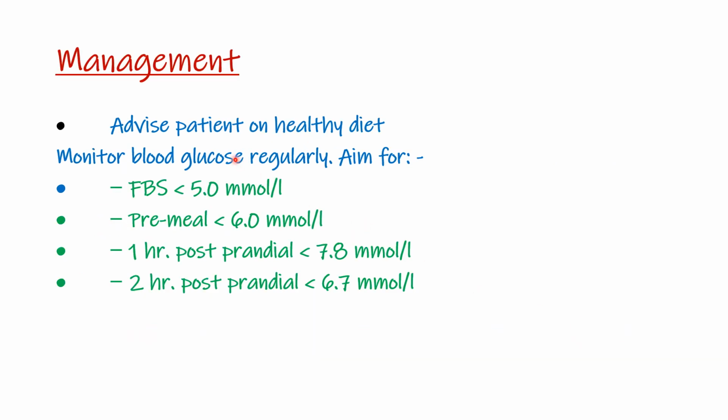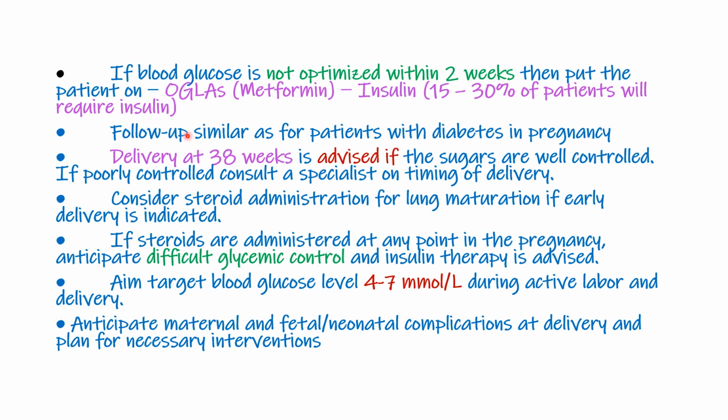So for the management, because you can't live this life without goals and targets. Just the same as we live our lives with goals and targets, same here. You just can't manage this patient blindly. So you have to have targets, and our targets or our aims will be fasting glucose of less than 5, pre-meals of less than 6, 1 hour postprandial to be less than 7.8, and 2 hours postprandial to be less than 6.7 millimoles. So if blood sugar is not optimized within 2 weeks, as I've said, by diet and exercise, then